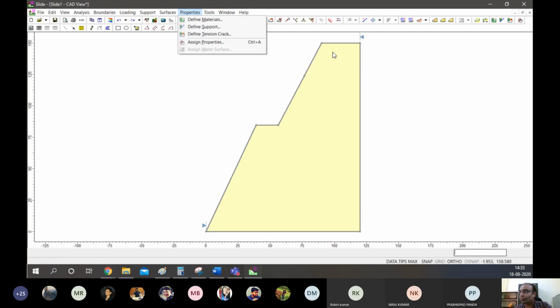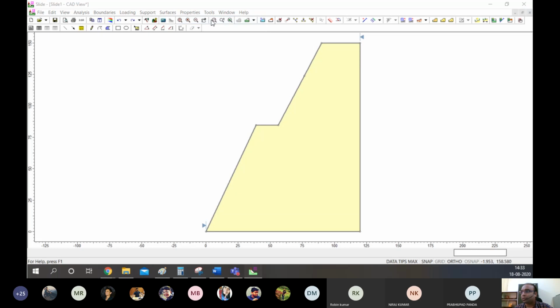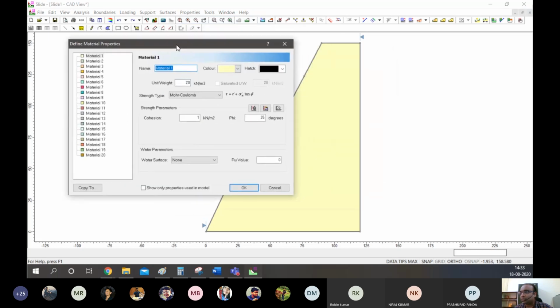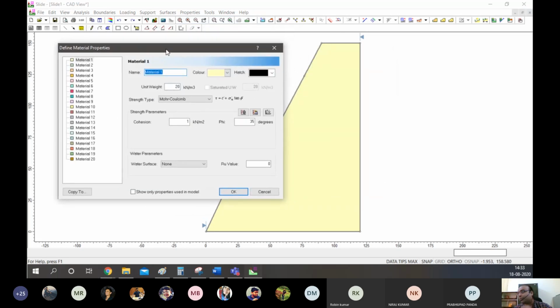So tensile cracks can be put here on the tension zone. We can define supports, which we will do later when we introduce supports here, bolting and all. And today we'll be defining materials. In materials there are many options that yesterday we couldn't discuss. So today I'll also tell you some of those.